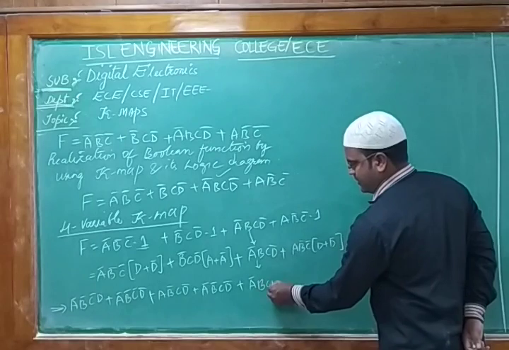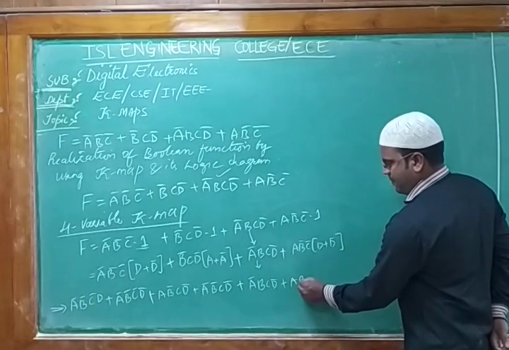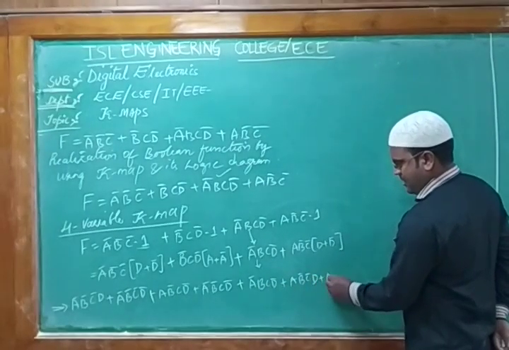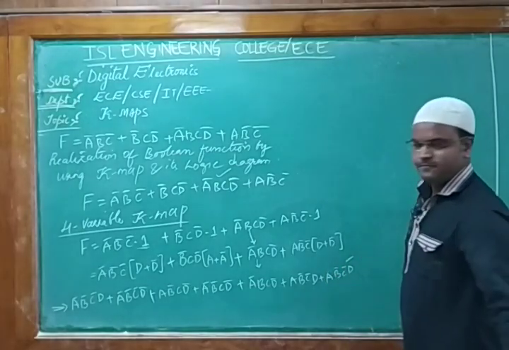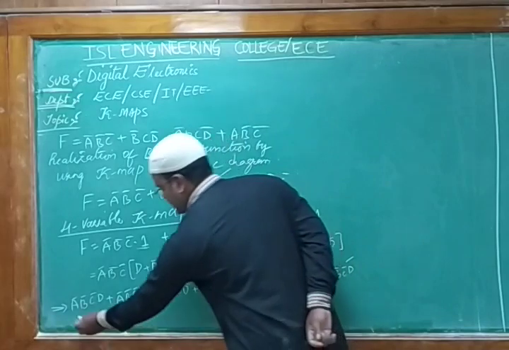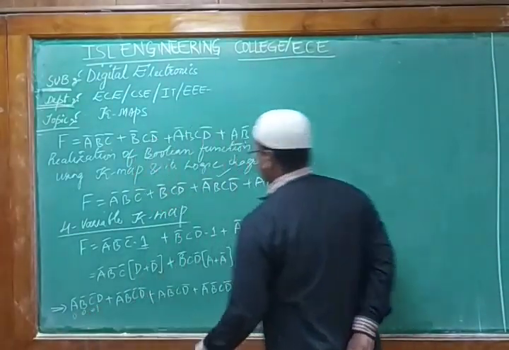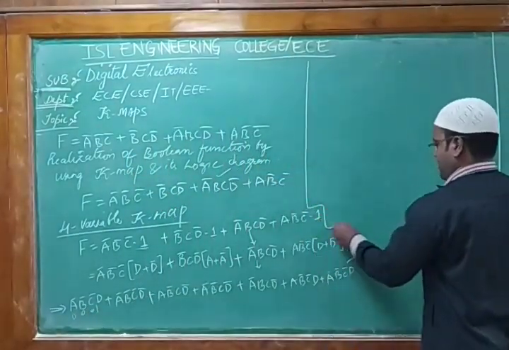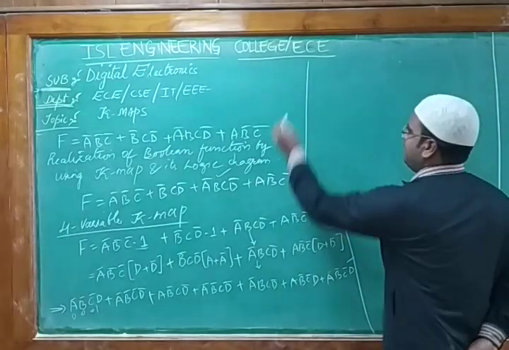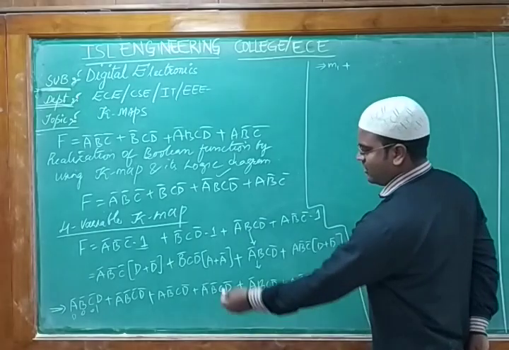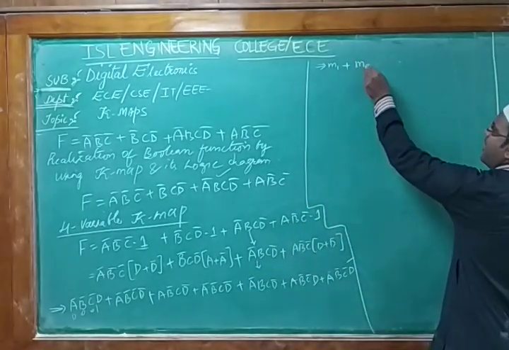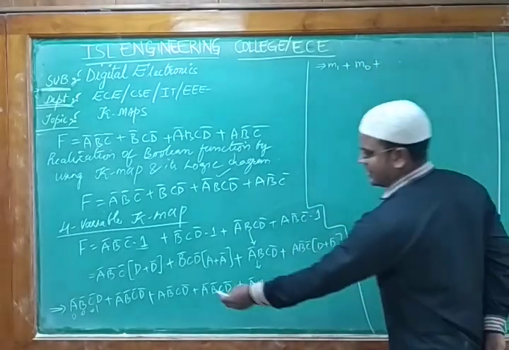So a, b, c, d bar plus here a, b complement, c complement, d plus a, b complement, c complement and d complement. So what does this first indicate? 0, 0, 0, 1. That means it's a min term, m1. So this is nothing but m1 plus, for the next factor, all are zeros, so it is nothing but m0 plus